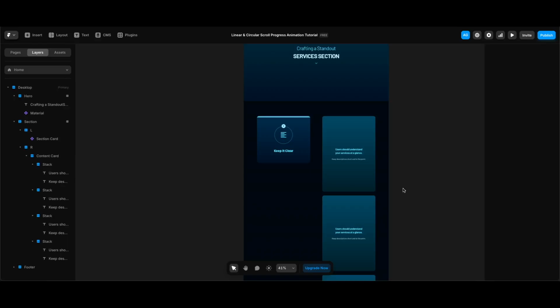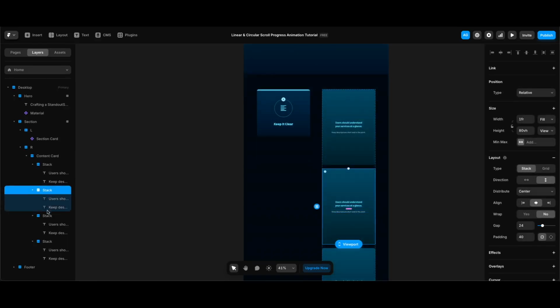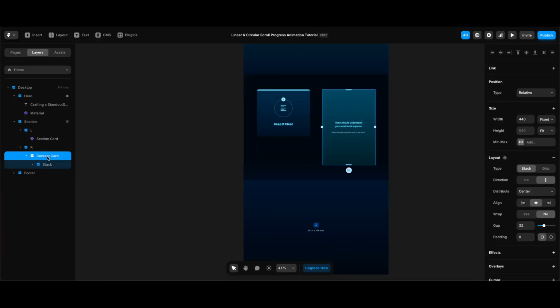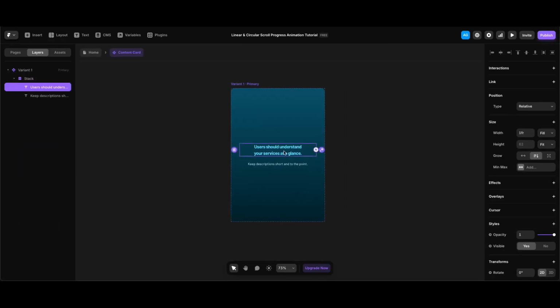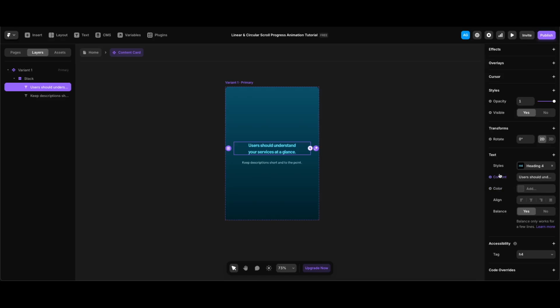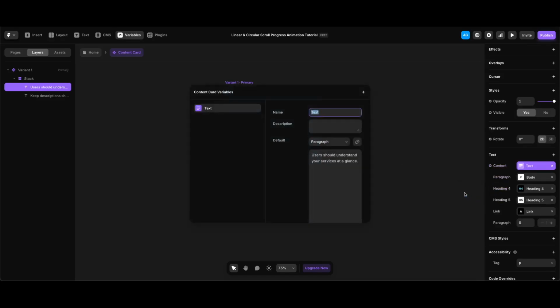Let's create our content card component. Let's delete the other ones. Now we have the only content card with an inner stack, again for 3D transform purposes to keep our content flexible. So I will select the content card stack and make it a component. And in the component screen, I'll select the headline. Then I will click content under the text section on the right panel and create a formatted text variable,